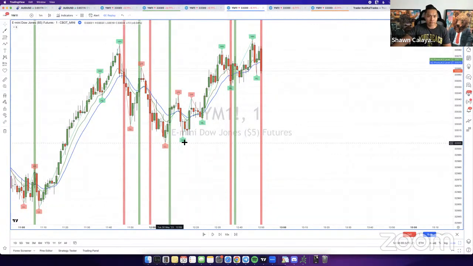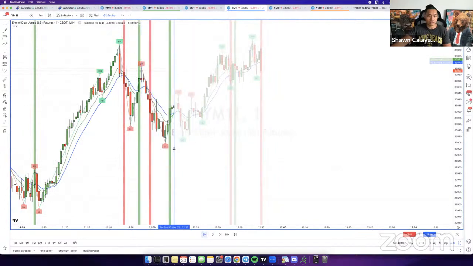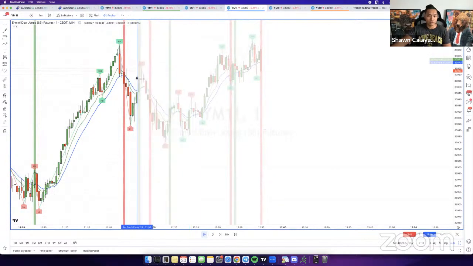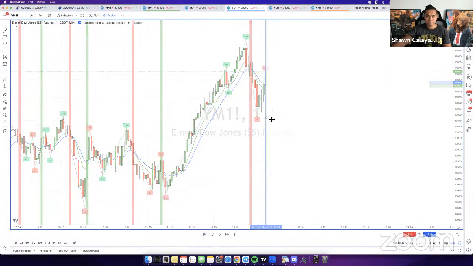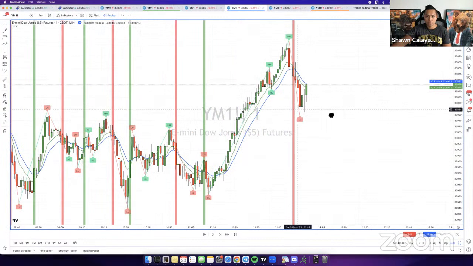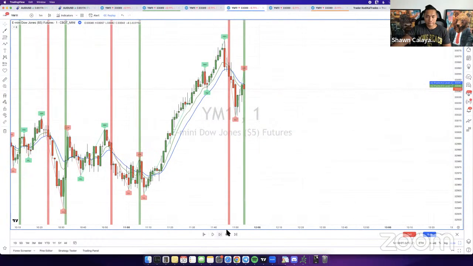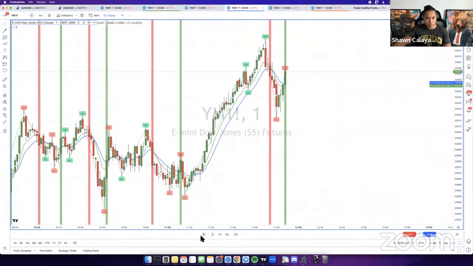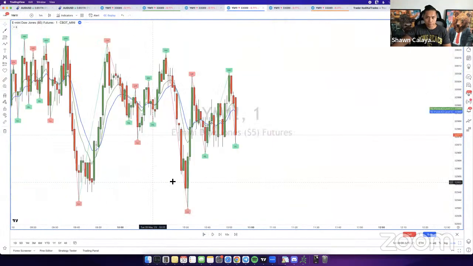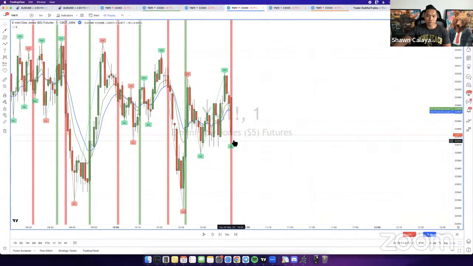I'm going to see if I can find an example here where it repaints, but the repaint doesn't really matter. The repaint shouldn't matter for the strategy because it's not going to repaint while you're looking for entry. When you have the momentum signal, it's already going to satisfy the criteria. So there's no higher high there. Let me see if I can find one. Okay, so another one right here. Actually, this wouldn't be it because this would still be an entry. There's no high lows in between.